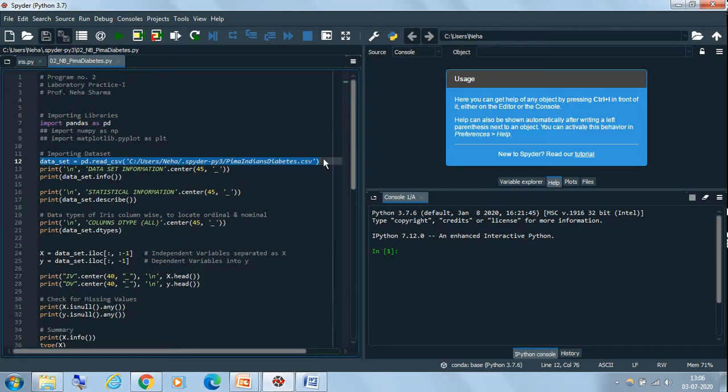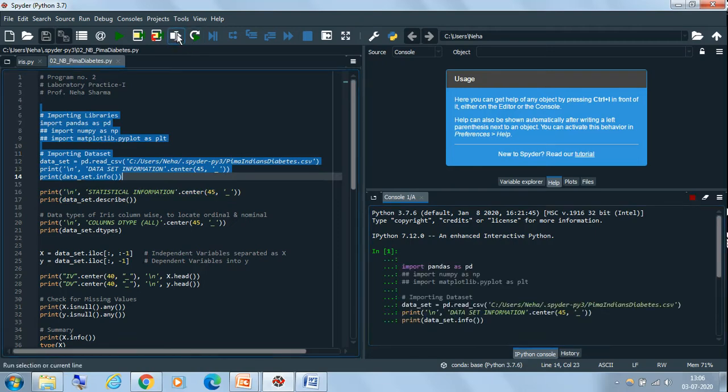Once I load the data set into a data frame, I want to display the data set information. In the previous assignment we also saw the function used for that, df.info. So in our case it is dataset.info. Let us execute our program and see what information is displayed.